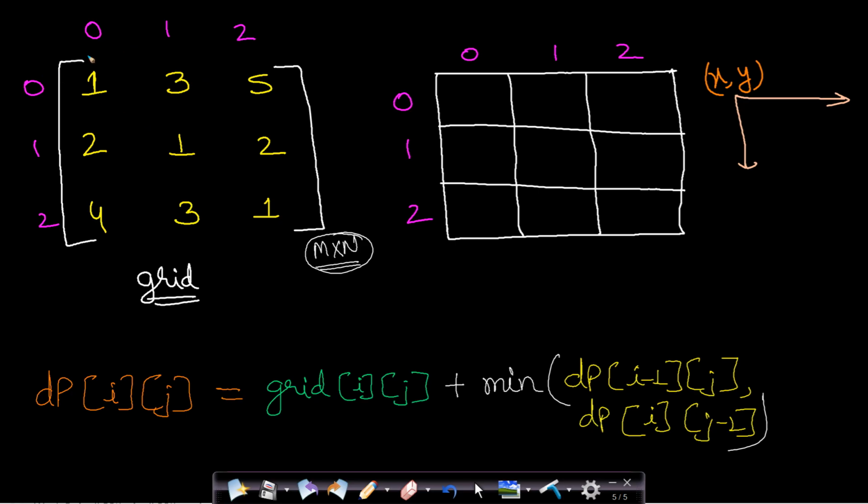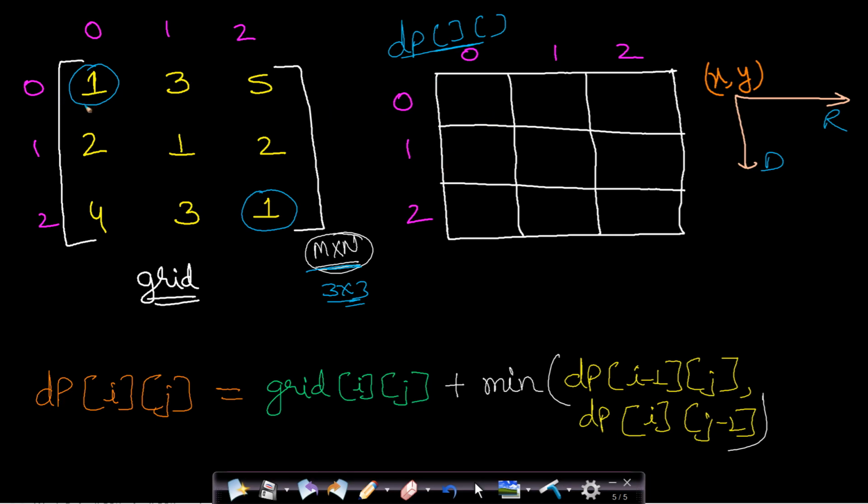I have taken the same example, which is an m by n matrix, which is 3 by 3 here, and this is our given grid. Now we want to find the minimum cost path from the 0, 0 to the last cell 2, 2, and our allowed movements are only to the right and down from a given cell x, y. Now how do we use dynamic programming for solving this? So this is the DP table which will be storing the solutions. So let us see how this DP table will be filled.